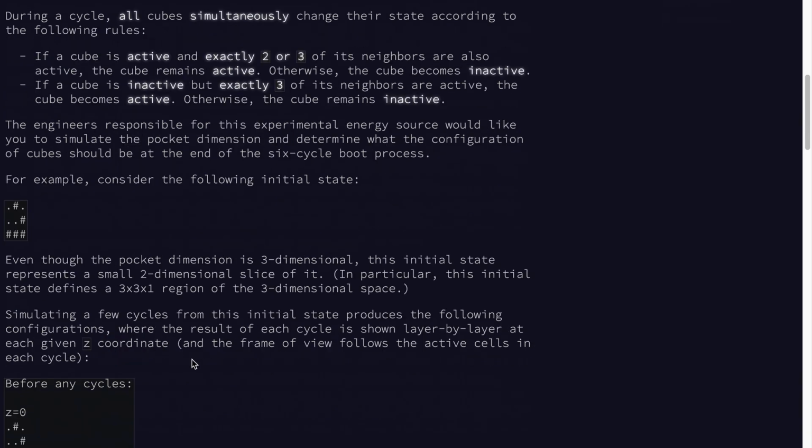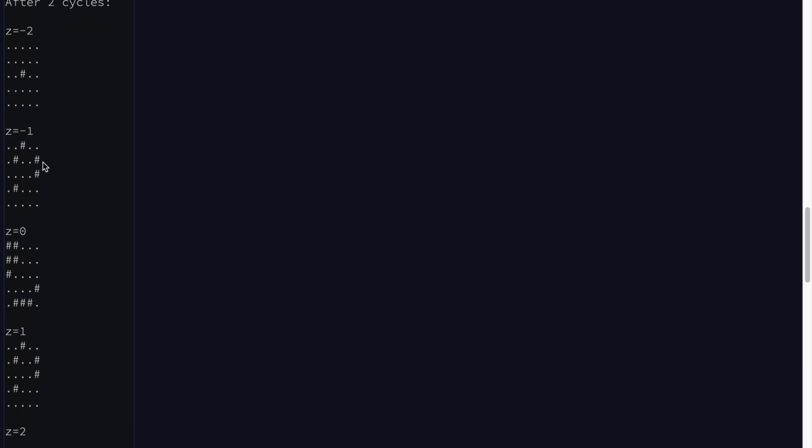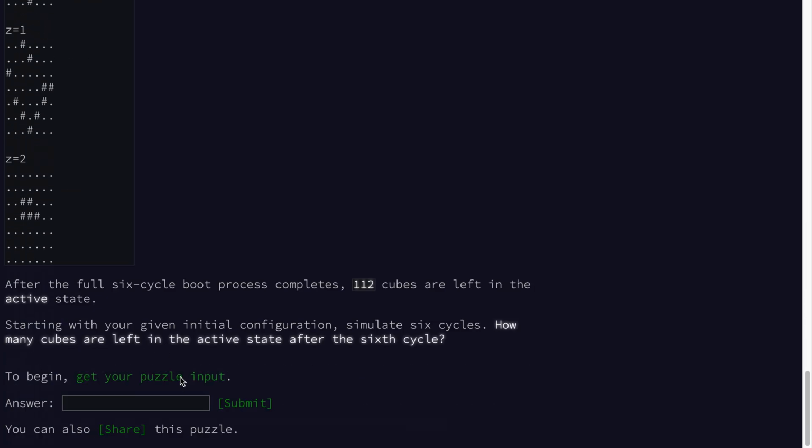And it's from there that we want to run 6 cycles of this set of rules against the 3D space, this sort of infinite 3D space. And this is an example of the z-index and what the plane looks like at each of those for several ticks, but I'm just going to scroll past this because what we want to do is after